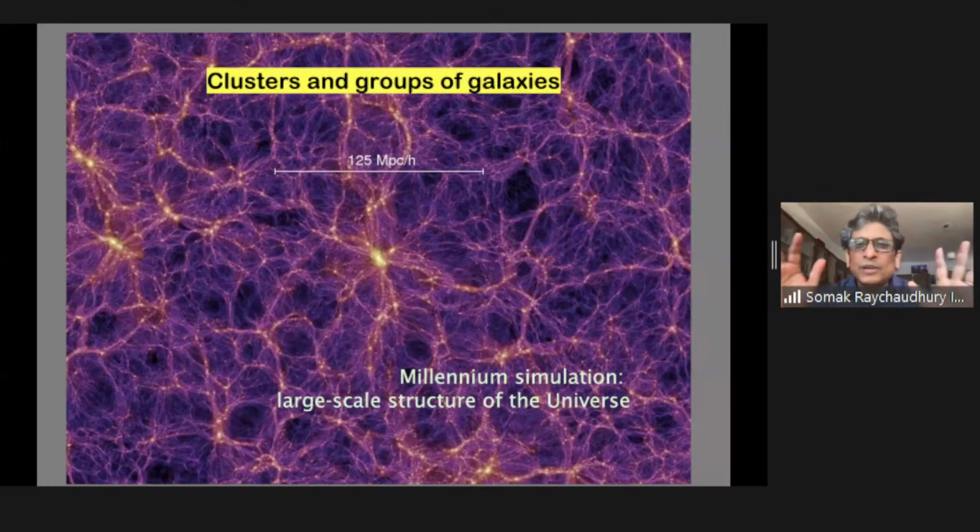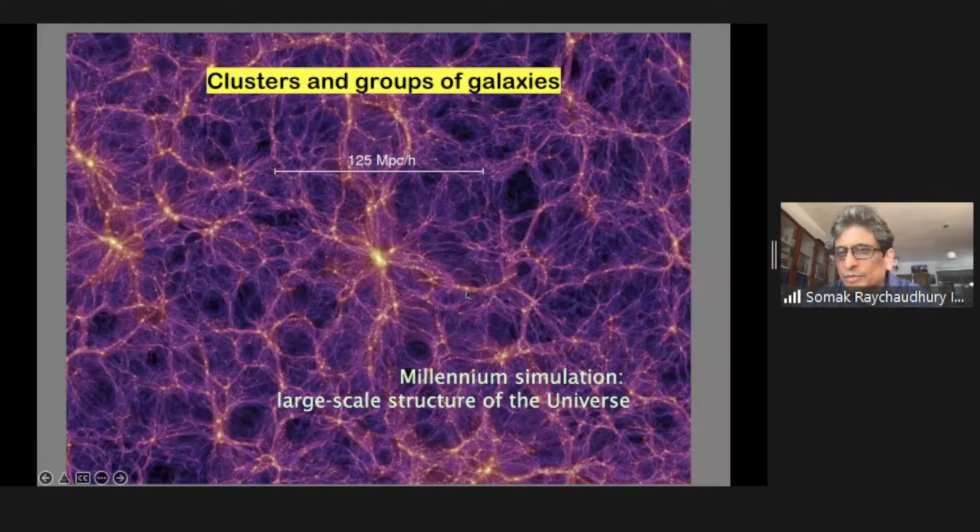So in this simulation that I showed you before, this is a simulation of dark matter, the distribution of matter on a very large scale in the universe. And you can see we're talking of that being 100 megaparsec. And so this whole thing is many hundreds of megaparsecs across. And if you're looking at the distribution of matter all over, then individual galaxies would be little things like this,